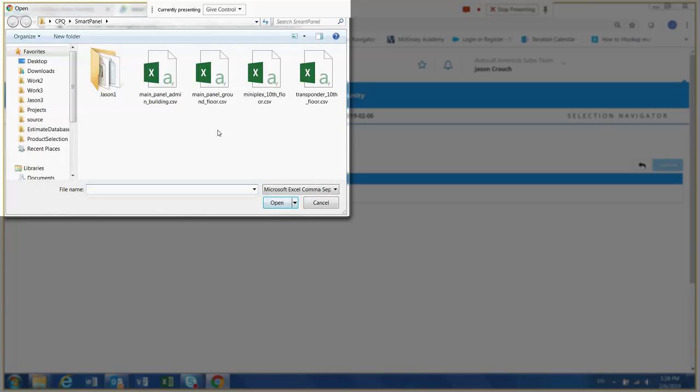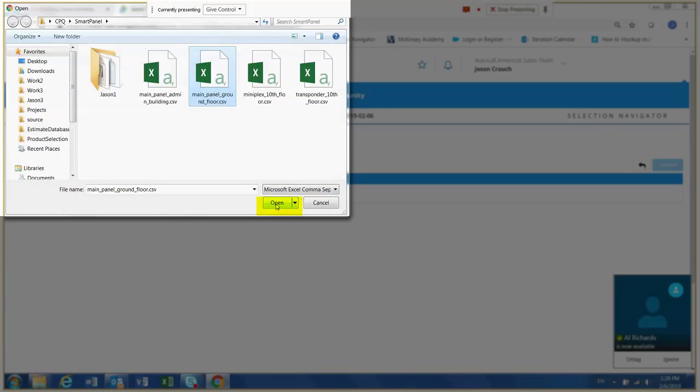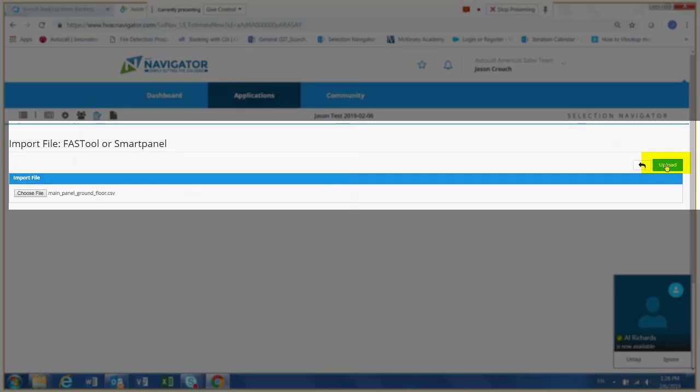So what will happen is when you save that project, it will create the SDB file and all the other configuration files needed, but it will also create these CSV files. So you can see here, I've created a main panel, ground floor, which is a 4100ES, and I did a basic audio system, and then I created a transponder, and I called it the 10th floor. And it's important to give the file the name you want to give to the panel, right? So if I click this and do open, and then I'm going to check upload,